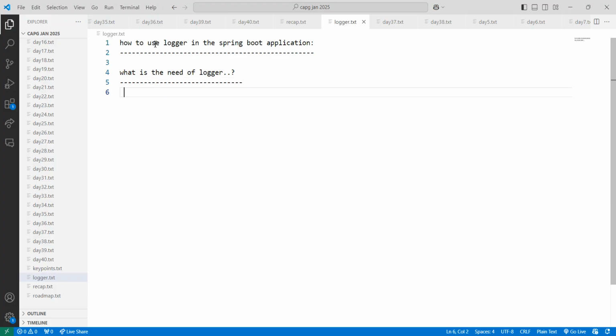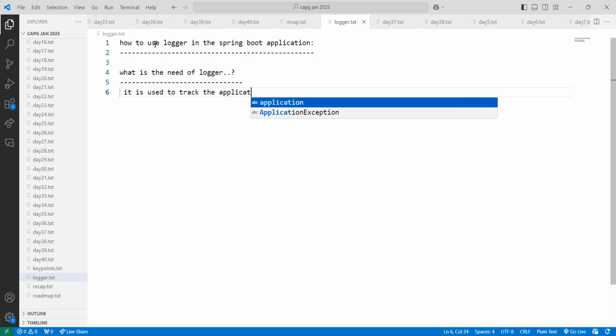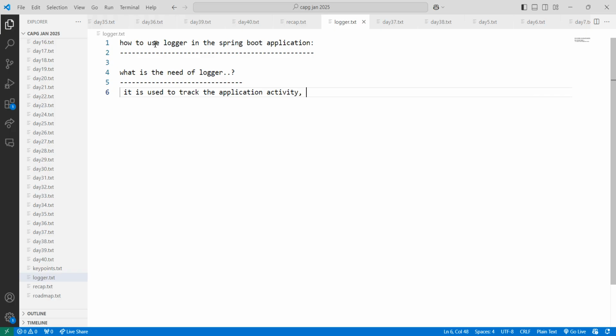Basically, Logger is used to track the application activity. Let's say in an application a file has been inserted, data has been removed, an employee has been deleted.